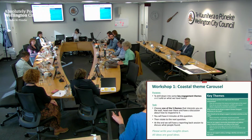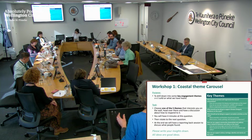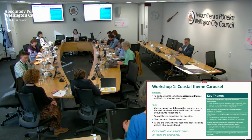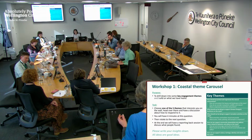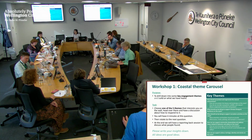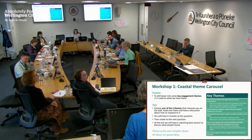There was another theme which was transport, and that was about the conflict in a way of there being so much of the coastal platform is occupied by road, which is great because that lets people in there. But if we're going to do that, we need to be able to accommodate them well, get good facilities, good parking, without sacrificing too much of that foreshore area. And definitely look at public transport and work with Greater Wellington Regional Council to get some decent services in there,